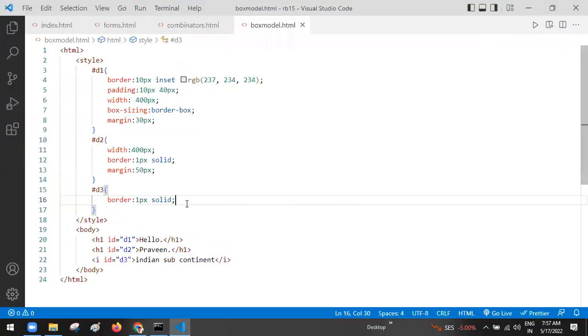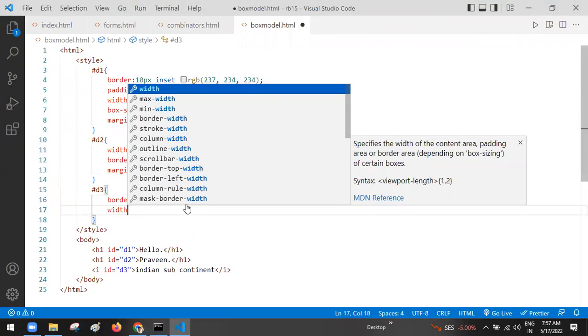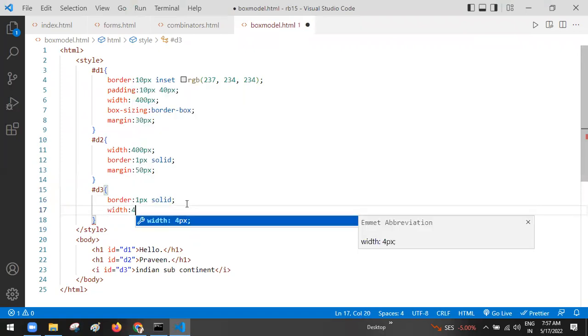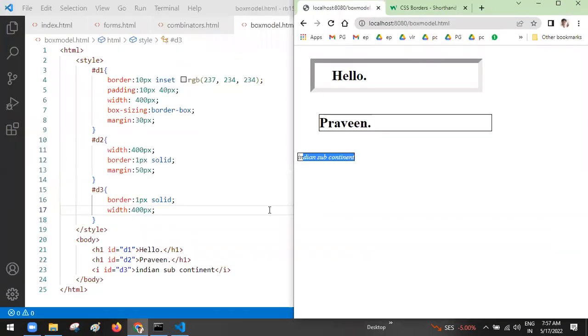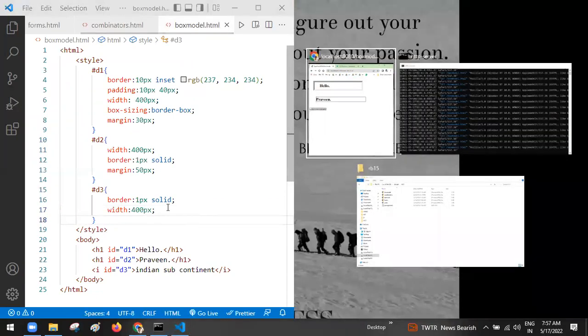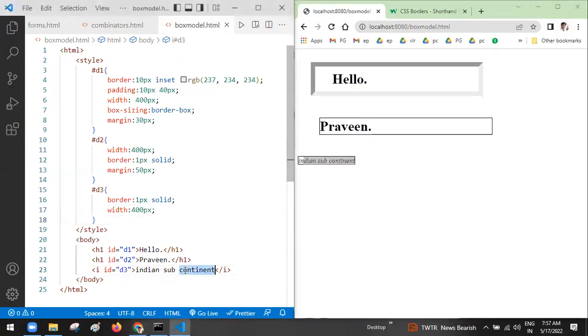But if I try to apply the property width equal to 400 pixels, there is no effect on this. That means the width property did not apply on the inline elements. Here the width property got applied, but